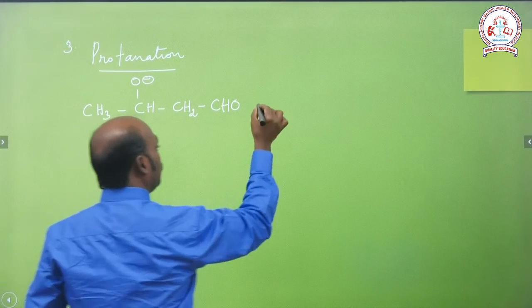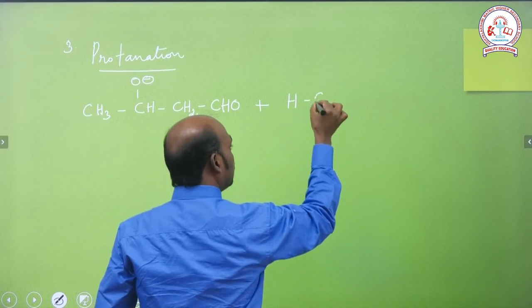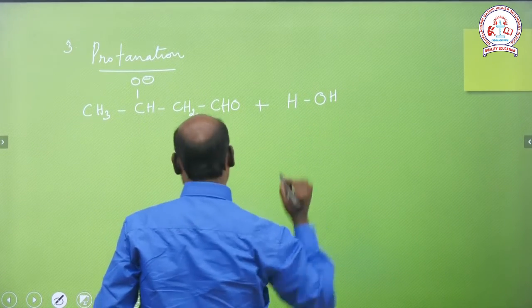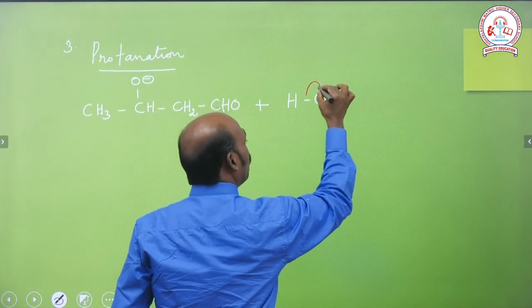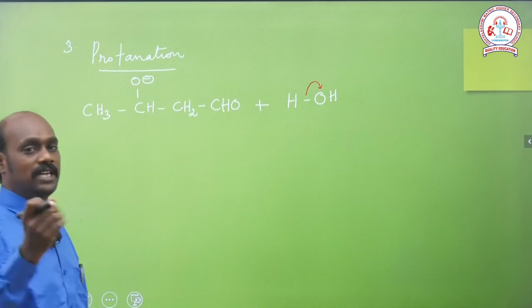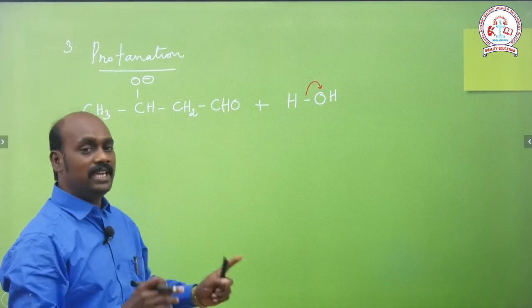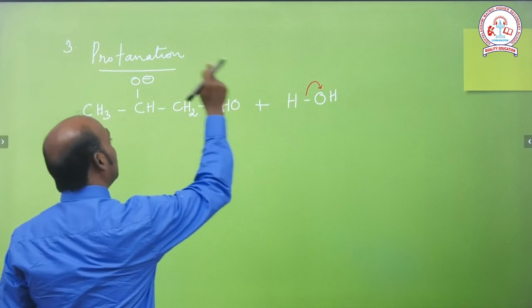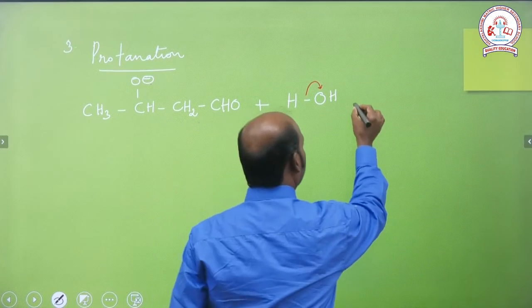So, this is treated with water molecule. Water is a weak electrolyte which is partially ionized. O is a highly electronegative element which attracts the bonded electron. So, it becomes OH minus, H becomes H plus. That H plus attaches with O minus, which forms a